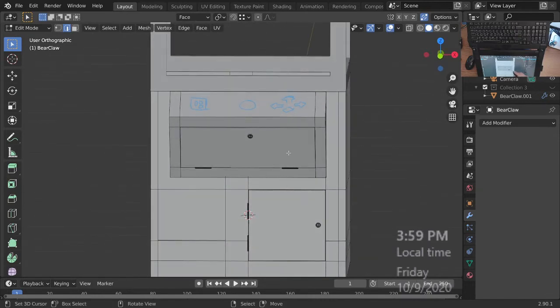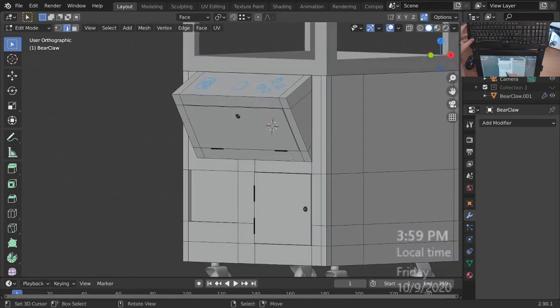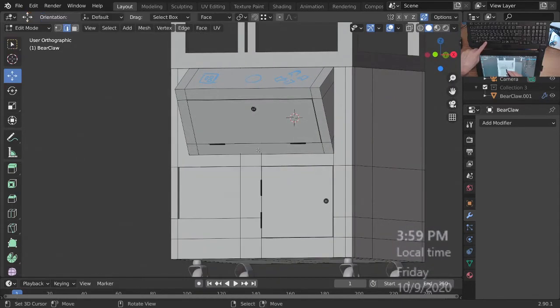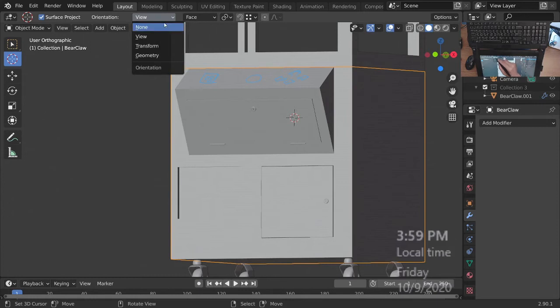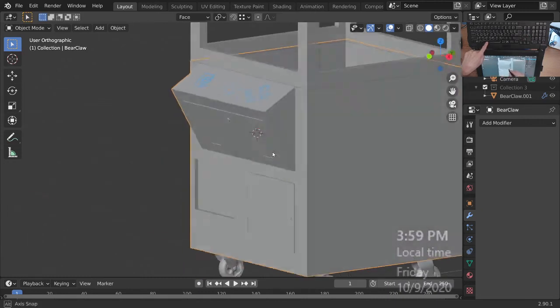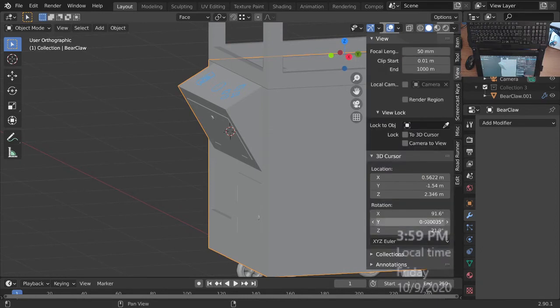All right. Boop. Put the cursor right there. There's an option here. I'm going to go through this right now. If I were to go into here, the cursor will orient according to the geometry if I select it. This is, I went back to object mode and I looked at this. And I looked at where the cursor is. So now, for example, the cursor, as we know, has, in the view, has